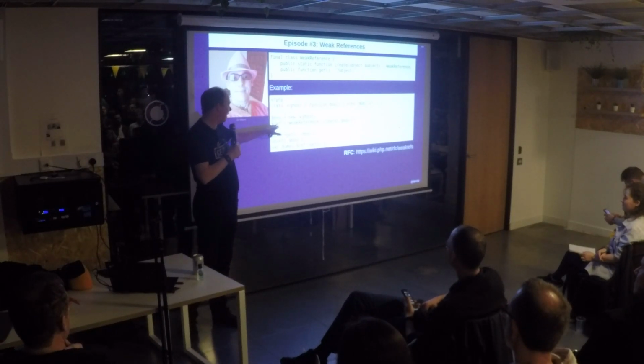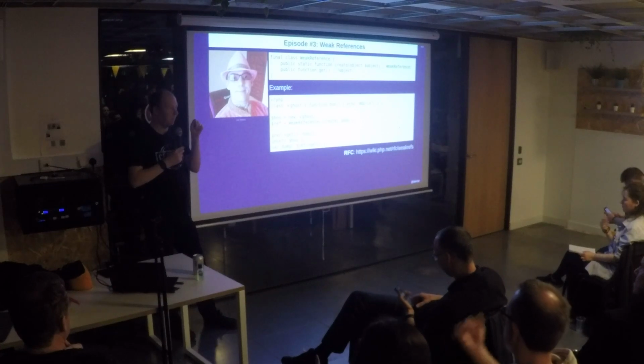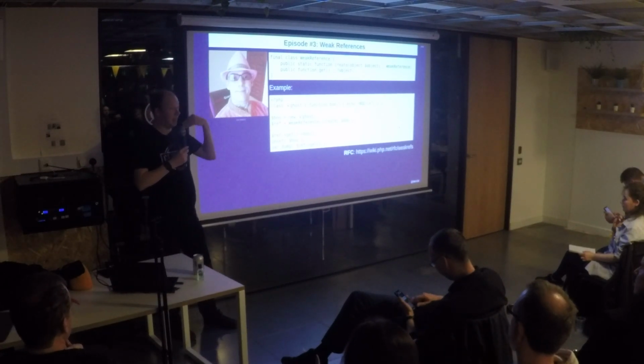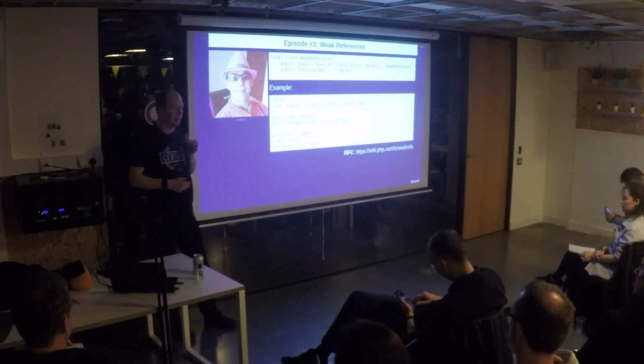So we instantiate it, and then with the reference we create a weak reference to this object. This doesn't bump the internal reference count in PHP, which means that PHP can just free up this memory when it needs to. The way you use this from your PHP code is, on this weak reference you call the get method. If the object is still there, it will return the object. If it's not there, it will return null.